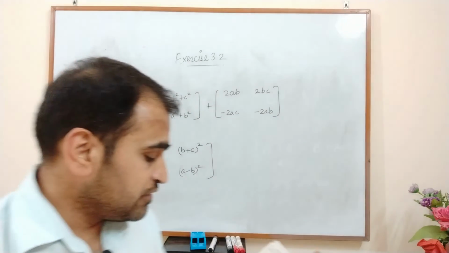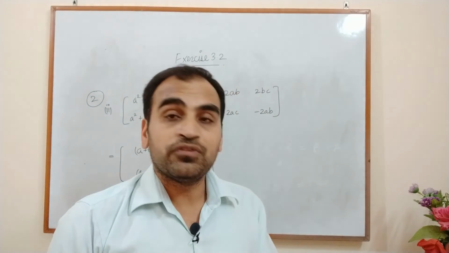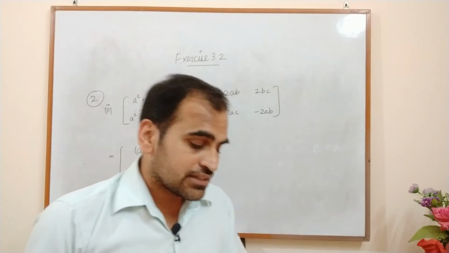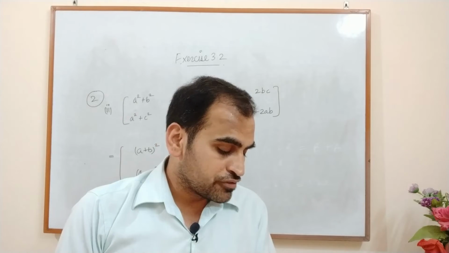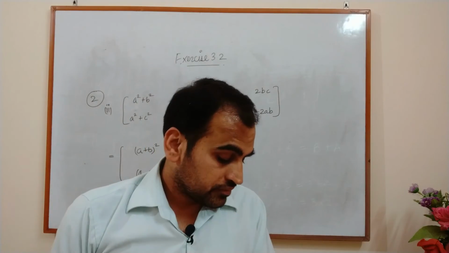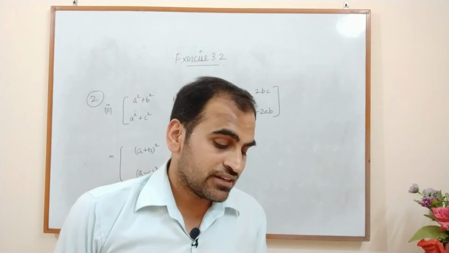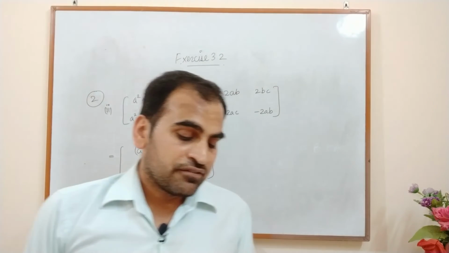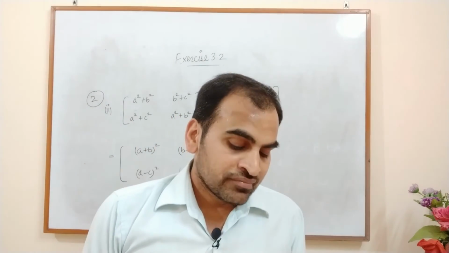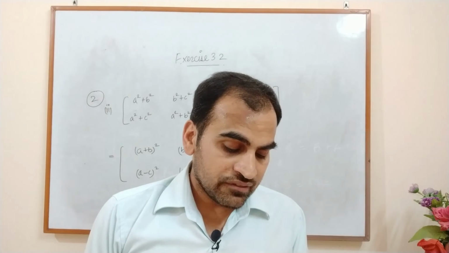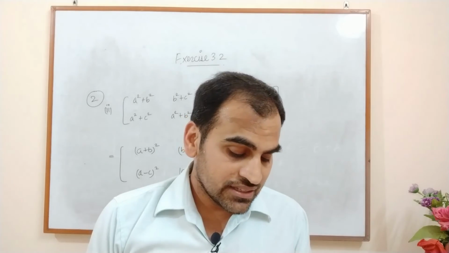In question number 3, we have to multiply the matrices. Again, it is very easy. Before multiplication, please check whether matrix multiplication is possible or not. For that, you have to check that the number of columns in the first matrix must be the same as the number of rows in the second matrix. Fine. In question number 4 we are given the A matrix, B matrix and C matrix, and we have to compute some expressions. In question number 5, again we are given the matrices A and B, then compute 3A minus 5B.